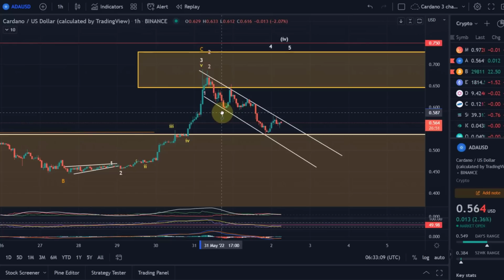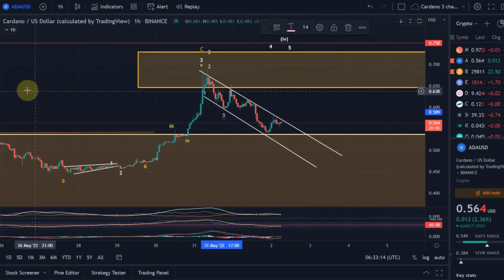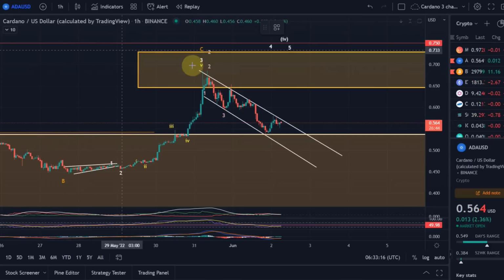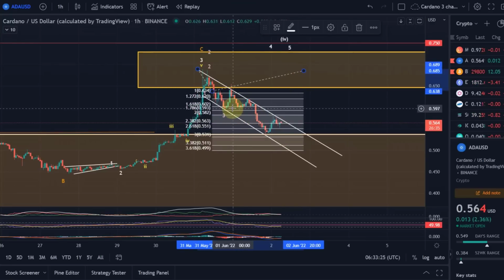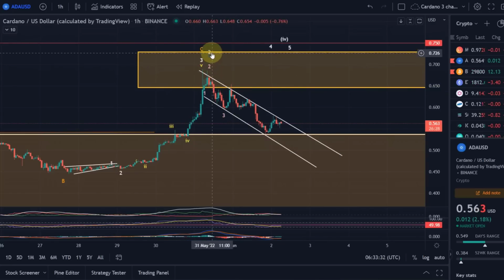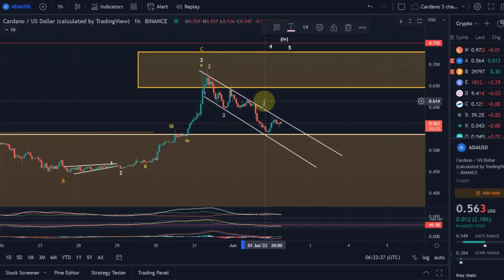moving down in a wave 3. Now that would be possibly here, based on Fibonacci extensions, that we can put on the chart here as well. You can see that this wave 3 reached the 1.618 Fib extension. Actually, it reached the 1.786. So target reached for a wave 3. That this here was a wave 4 in a triangle. A wave 4 often comes in the shape of a triangle.